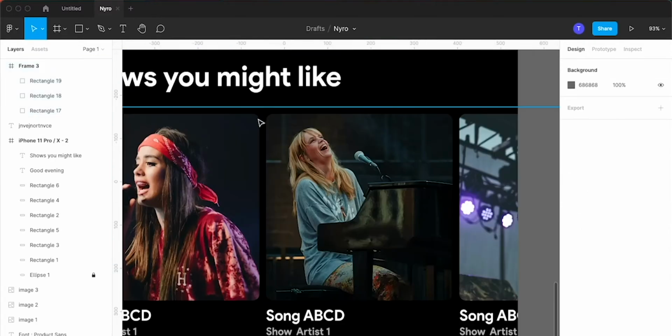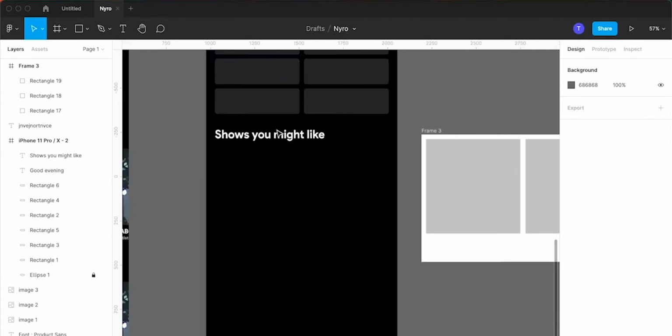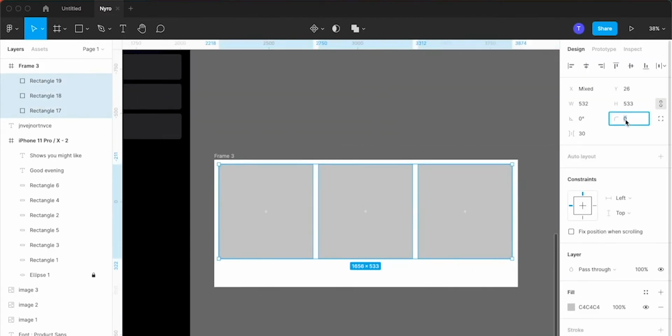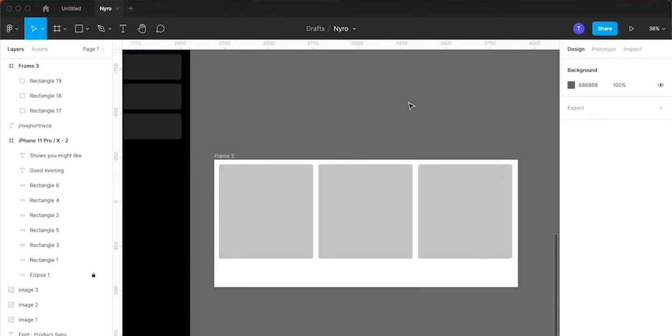And here you go. Also, if you notice the reference image closely, you will notice that there is a small amount of corner radius provided. For doing so, we have to select all these squares together, and now we can change the corner radius value to approximately 12. And now it seems pretty fine to me. I will also duplicate the song title and the artist name, and I will drag them inside the main frame.